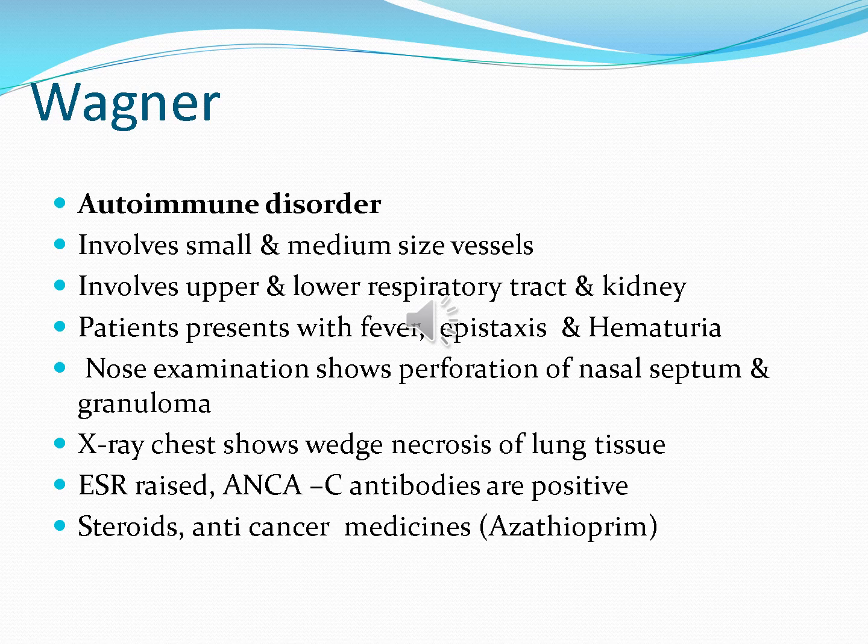It involves the small and medium-sized vessels, causing necrosis of these vessels, and there will be decreased blood supply to the mucosa and bone of the nose and paranasal sinuses, and there will be non-caseating granuloma. Then the patient will present with epistaxis and destruction of the kidney and urinary tract. There will be hematuria, and on chest X-ray there will be wedge-shaped necrosis of the lung tissue. Patient can also have hemoptysis because of this necrosis of the lungs.